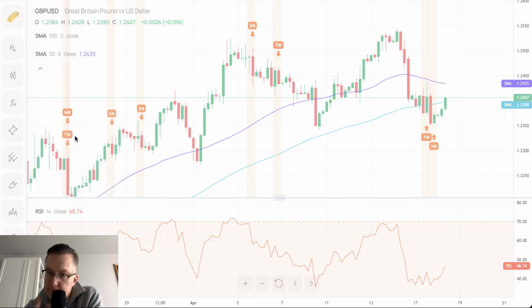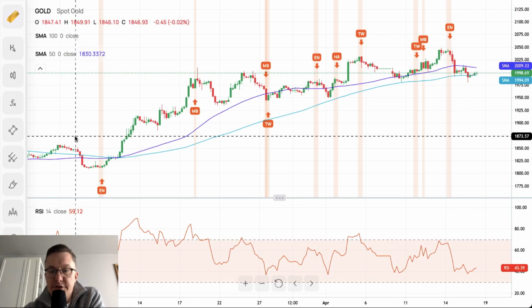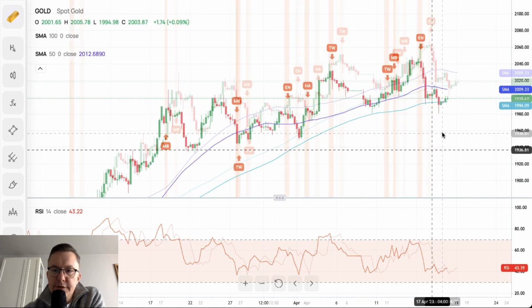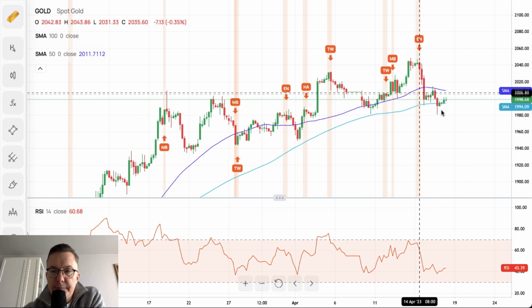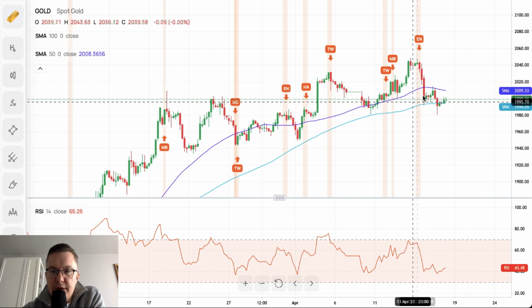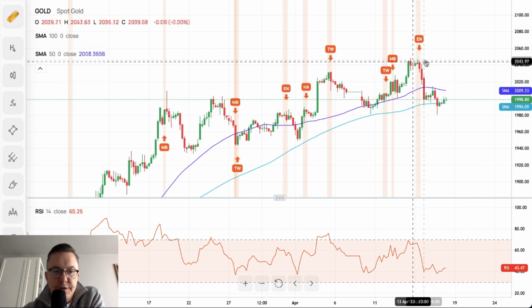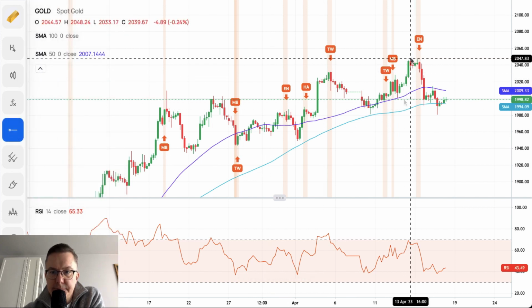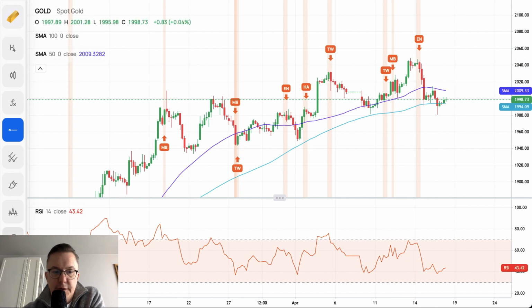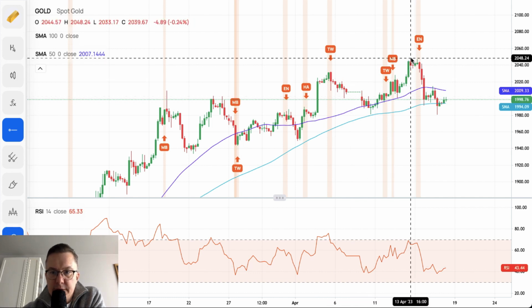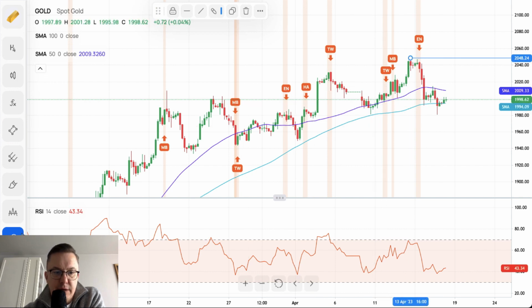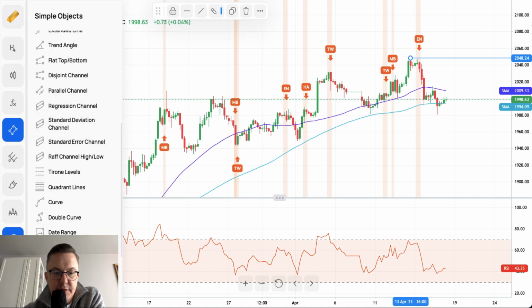Let's take a look at gold. So gold is actually looking good as well, keeps trading above the 50 and 100 periods moving average. The recent high was made above $2,000 per ounce of gold. So of course what we have here is the level of 2048. Fine, there's a pullback. How big was the pullback? How many percent was the pullback? I guess it will be something about